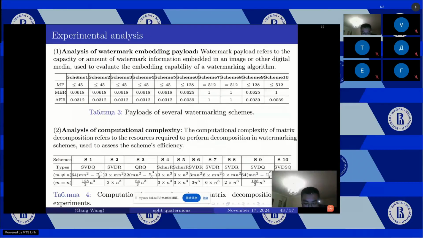Taking scheme 1 as an example of the binarization watermarking scheme, a host image with a resolution of 512 pixels can accommodate a maximum watermark size of 45 pixels, resulting in a maximum embedding rate of approximately